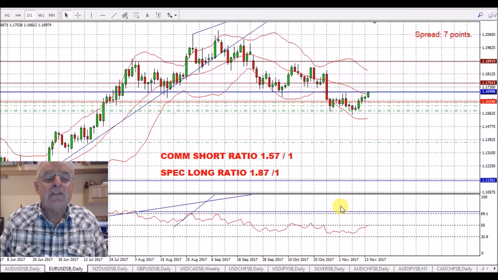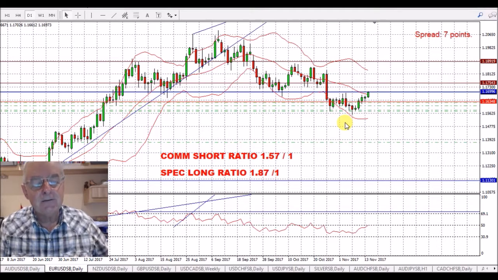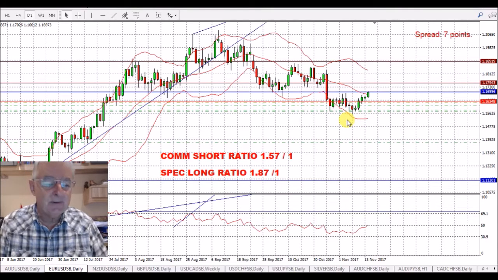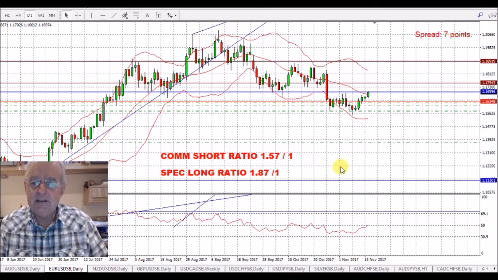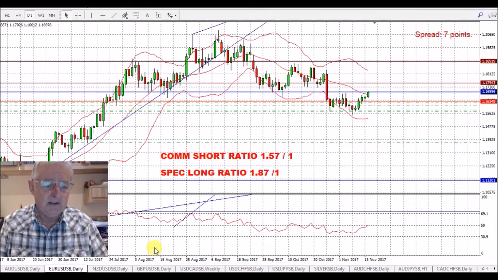Another thing that happened on Friday: in the last 5 minutes of trading, the euro dollar had a down candle, but the Australian dollar US dollar had an up candle, showing sentiment, I thought. That was another reason why I got out of my AUD USD trade. Here we have a little bit of a turn up. I think this is a fairly decent sell position, but I'm going to hang fire until a bit later in